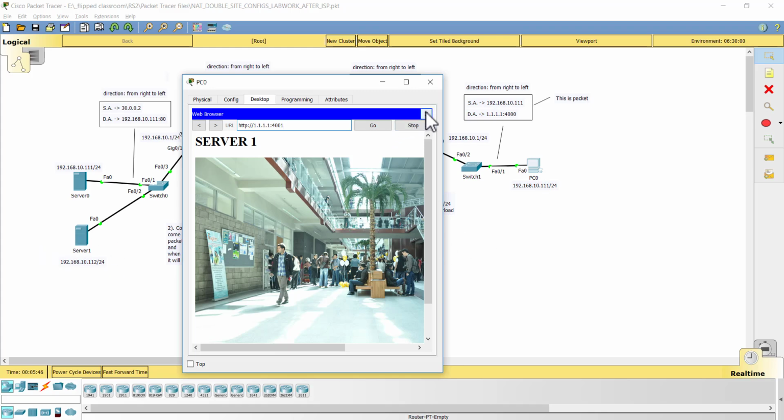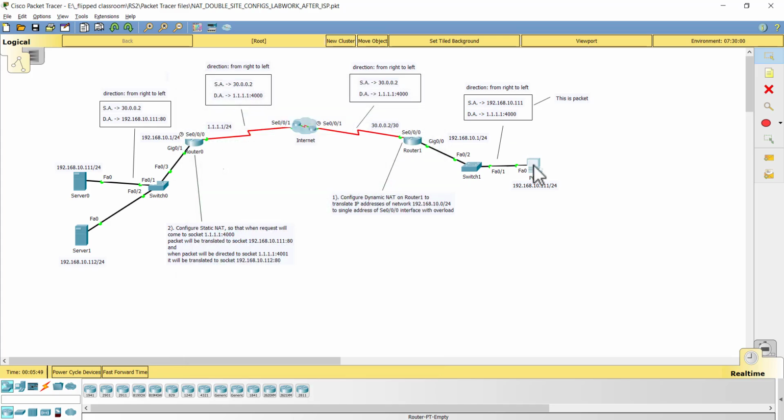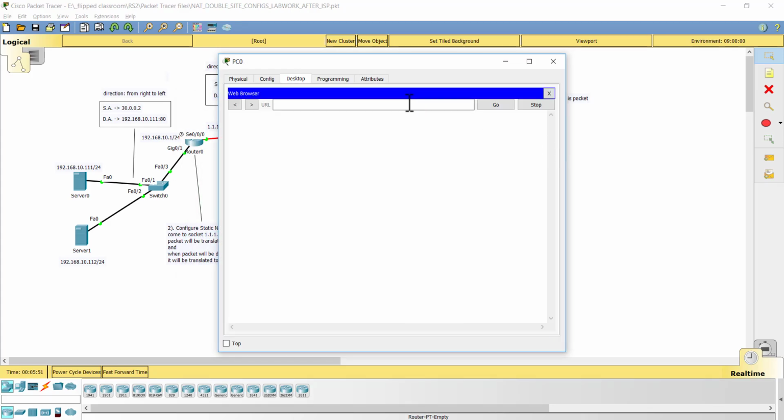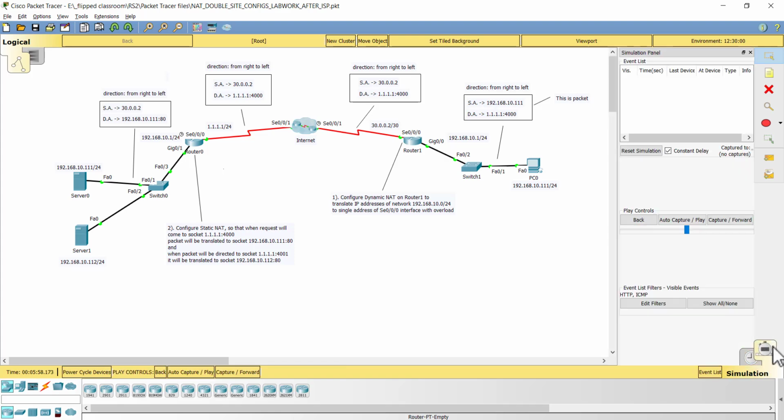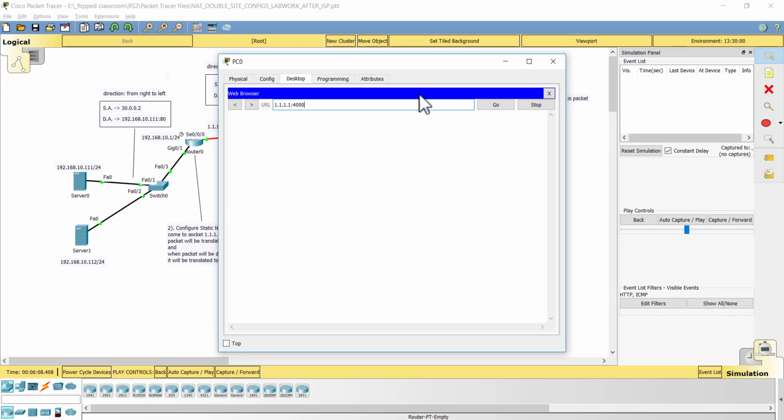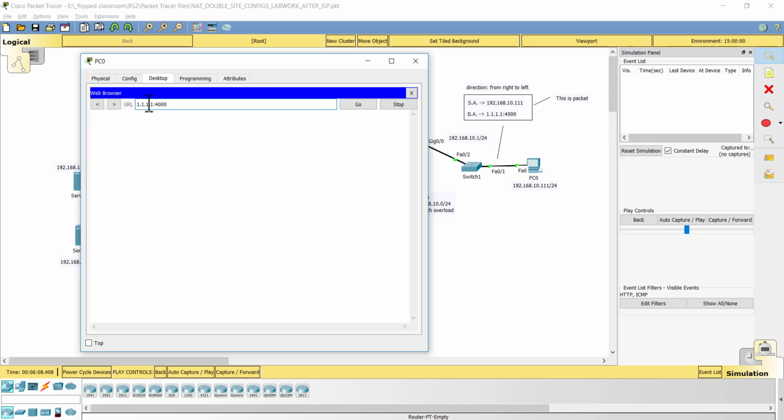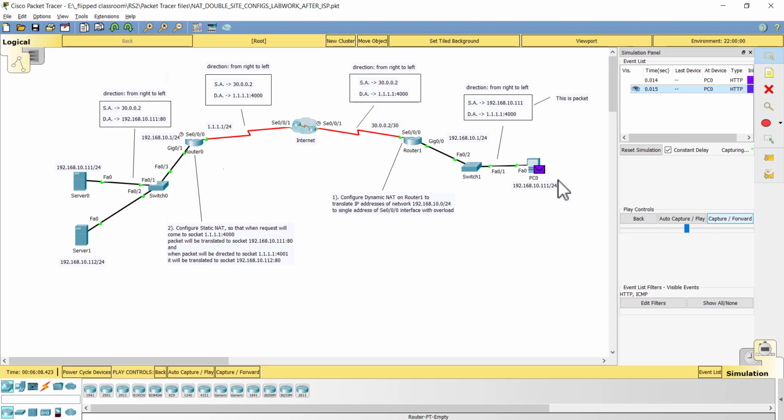So what is happening when you enter this command again, 1111 and 4000? Let's take a look at the simulation. In simulation we filter HTTP and ICMP packets. We just need HTTP here. So we press the button go, and then if we capture and forward, we'll see that we have a generated HTTP